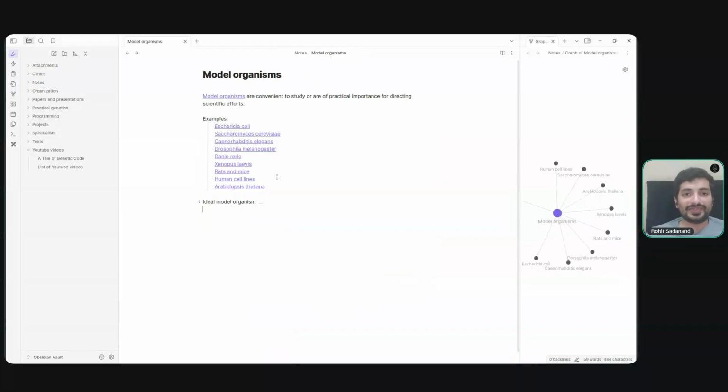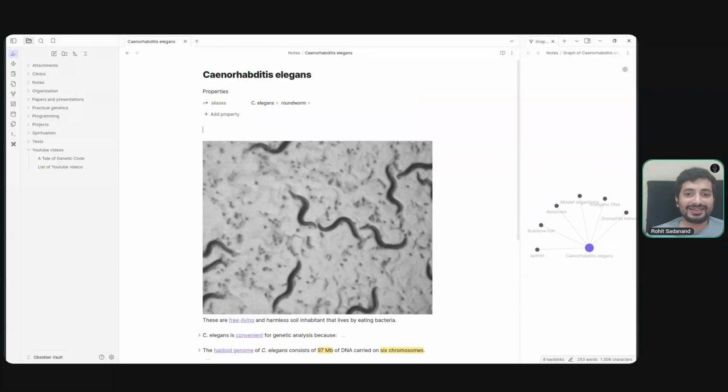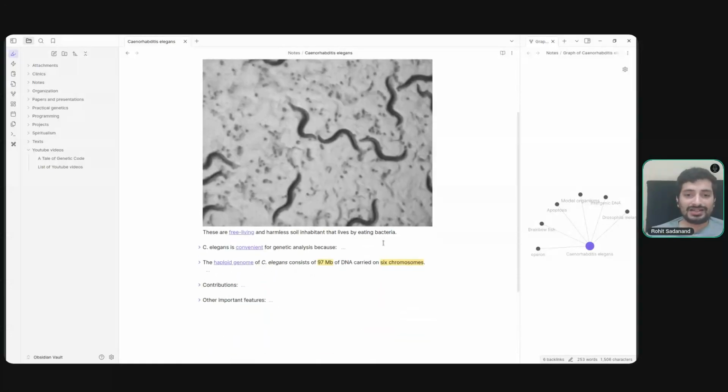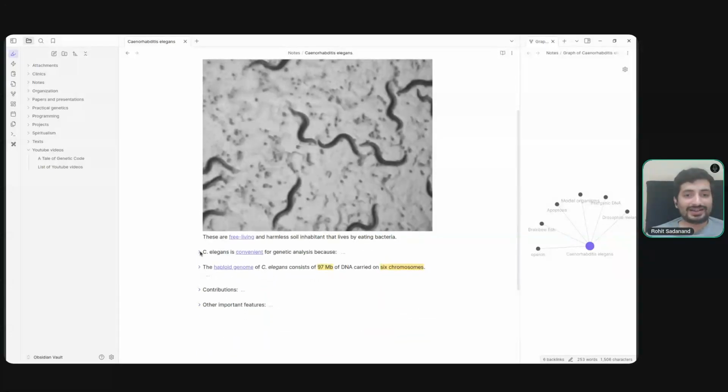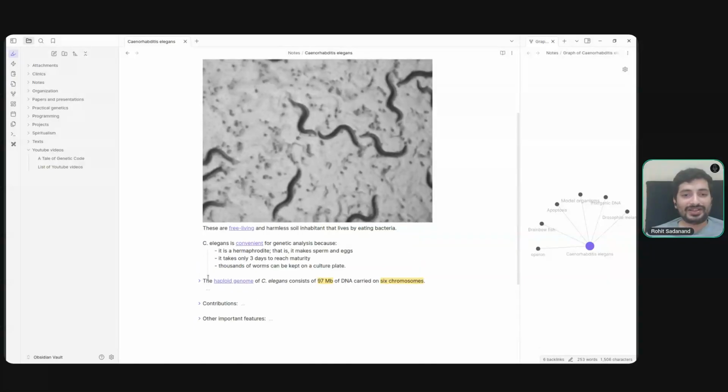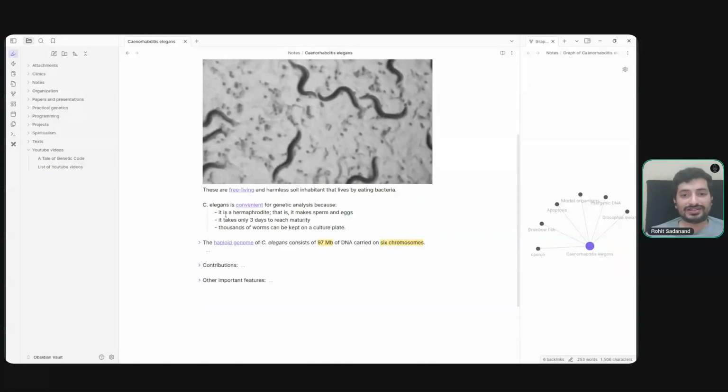These are interesting. And now we are coming to some really, really cool things. So you might not like the idea of roundworms, and they do cause nasty diseases in us, but they are quite interesting. So they are first of all hermaphrodites. They make their own sperm. They make their own eggs. They have a short